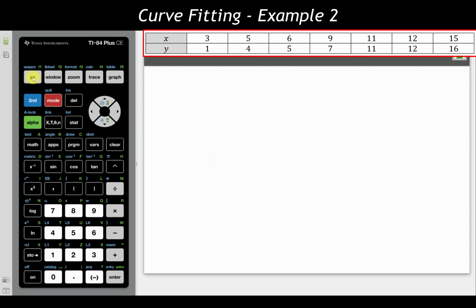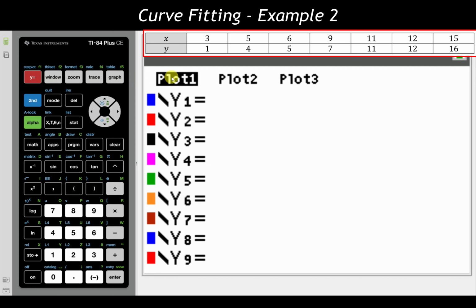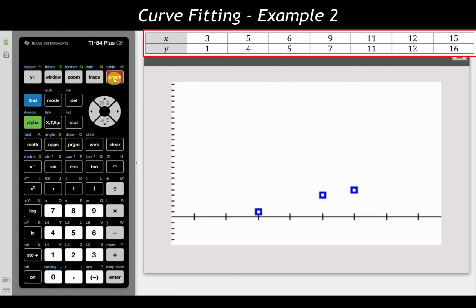We're going up to y equals. Make sure everything is cleared out. We're good there. I still have plot 1 enabled from previous times, so we're good with that. And let's go ahead and take a look at this graph. And again, we're only seeing 3 of our data points here. Well, this is because the window is still set to what it previously was on our last time we did a regression. So we need to go in and readjust it for this round.